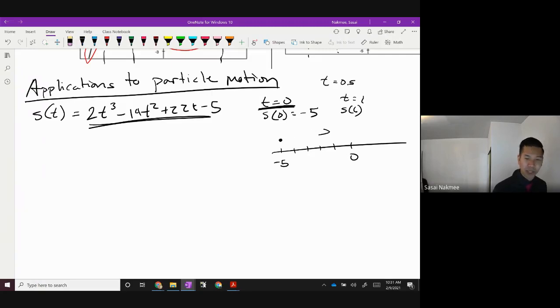So instead of doing all that guesswork, we can use the first derivative test and the second derivative test to tell you where the critical points are, to see when does the velocity change. So if the velocity is positive, it's currently moving forward, and if the velocity is negative, the particle is currently moving to the left or backwards in the negative direction. So that's something that helps you out there. And then the acceleration will tell you if it's speeding up or slowing down if the signs match. So I'm just going to throw this at you right now. Don't worry about